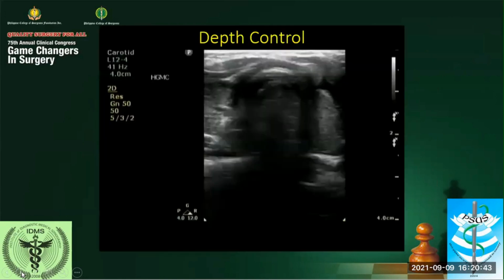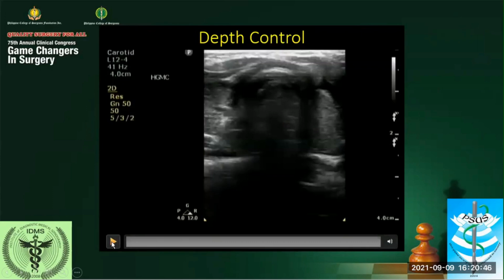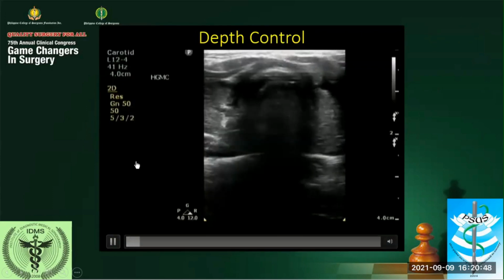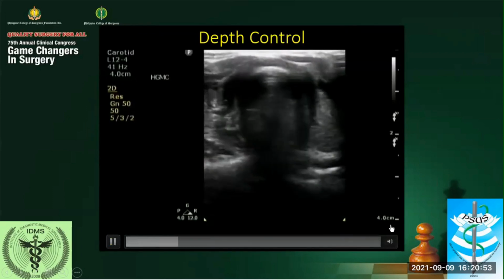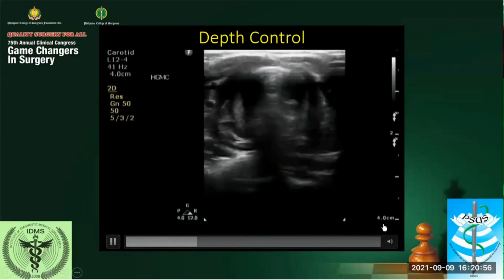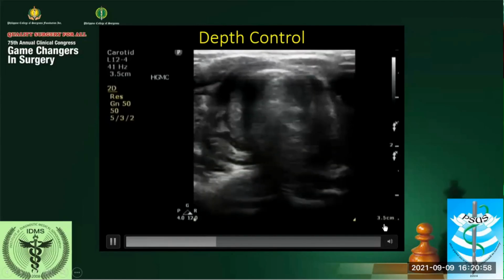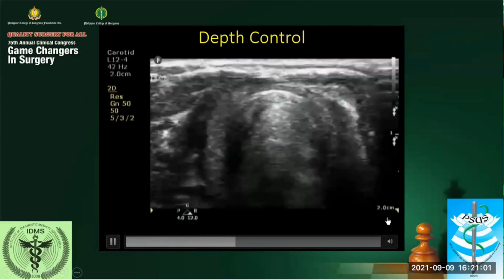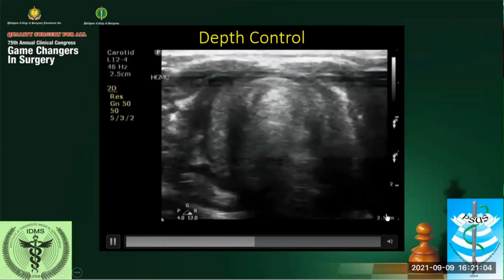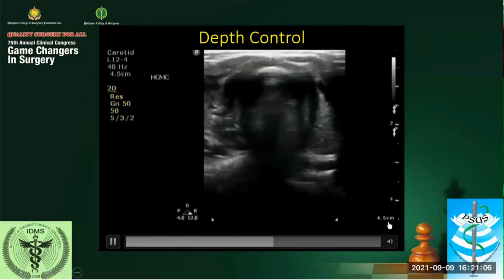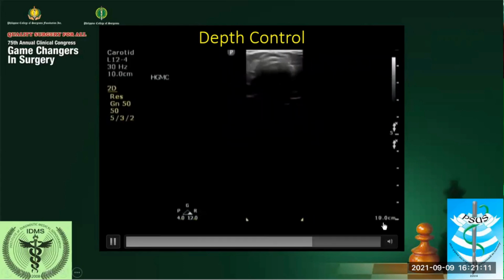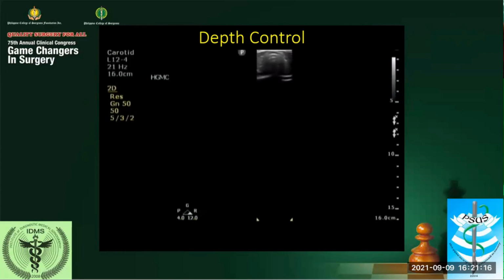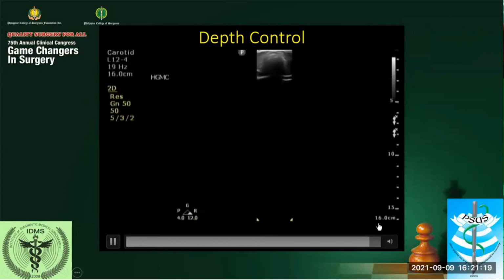Now I have another video here. This is the depth setting. Notice on the lower right-hand corner, that is the depth. Now it is set at 4 centimeters, 3.5, 2.5, 2 centimeters. Okay. 5 centimeters, 6, 7, 8, 9, 10, 11, 12. So a maximum of 16 centimeters.